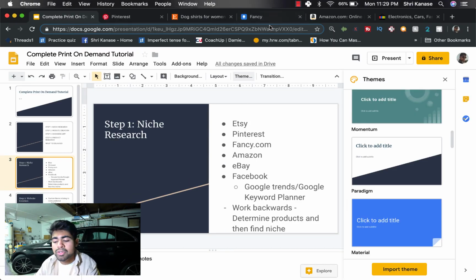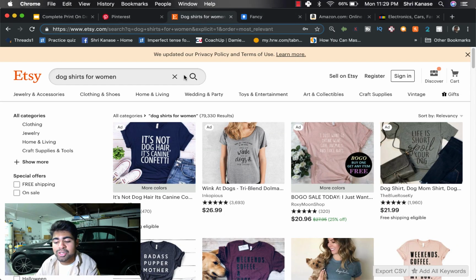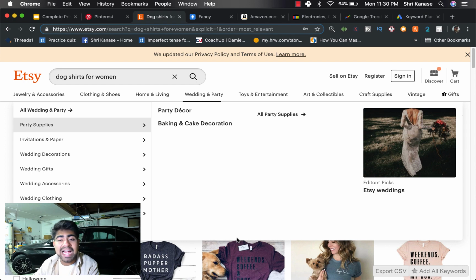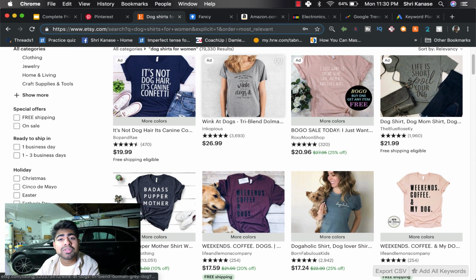But let's go on over to the first website on our list, which is Etsy, and show you guys something that I came up with. So for this example, what I did was I went ahead and already found a niche, and it is the pet niche, or in this case the dog niche. But from here, what I want to show you is actually how I determined I wanted to do research into